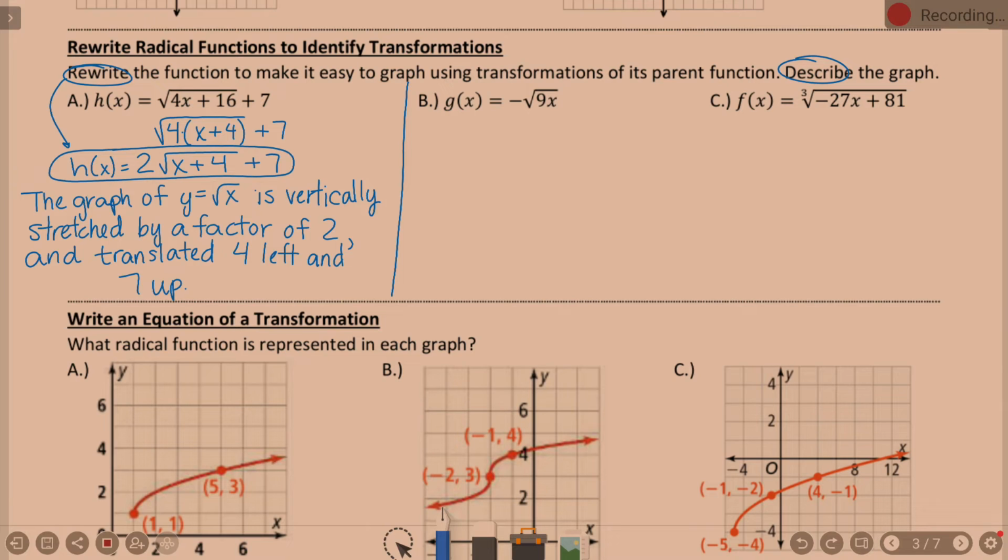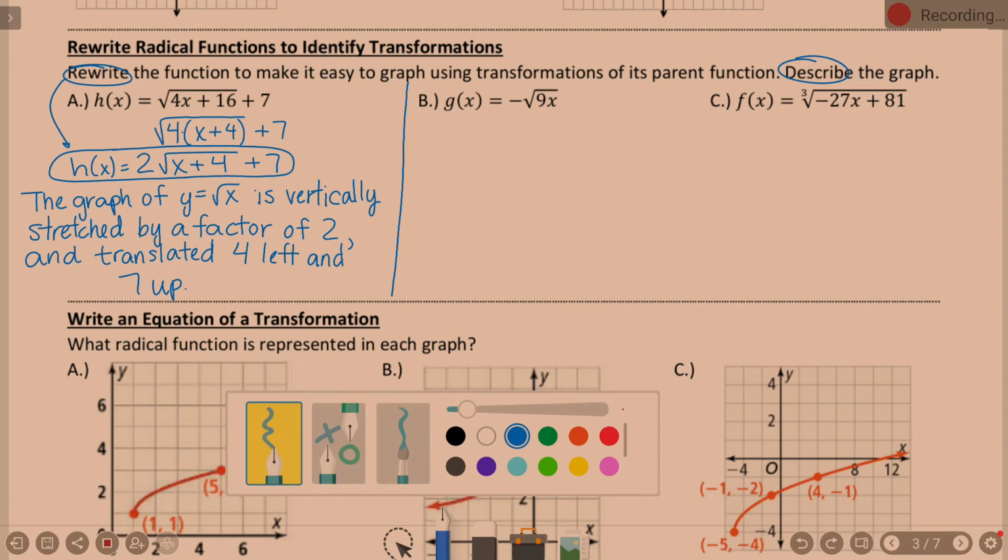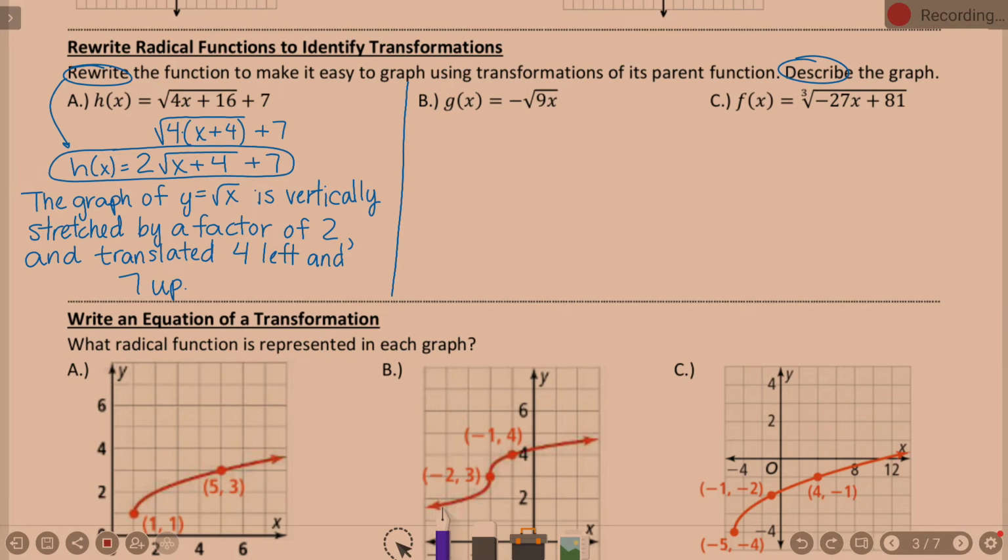Okay, B. If we're ready. I think we're about ready. What things do you notice on B? Perfect square. Okay. Is there a perfect square there? Yeah. And this time it is just 9 times x. We don't have to worry about factoring out a GCF because there's just one term. So what do you know about the square root of 9? It's 3. So I can rewrite this to be,